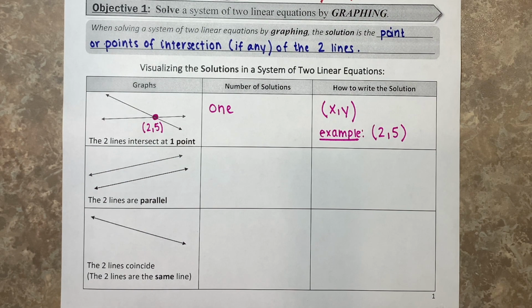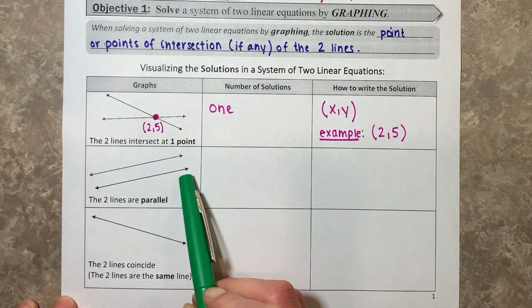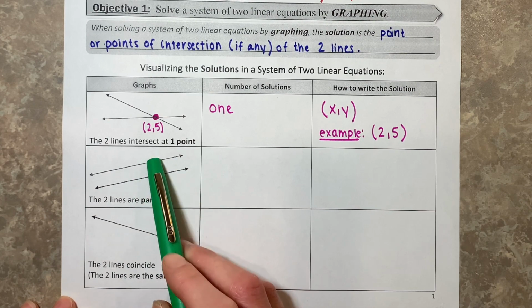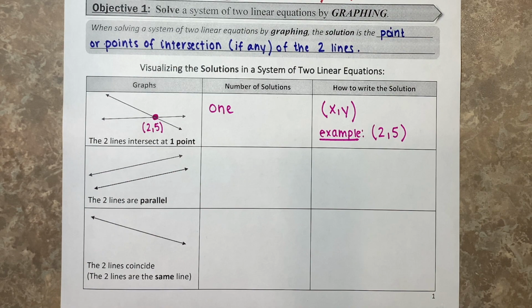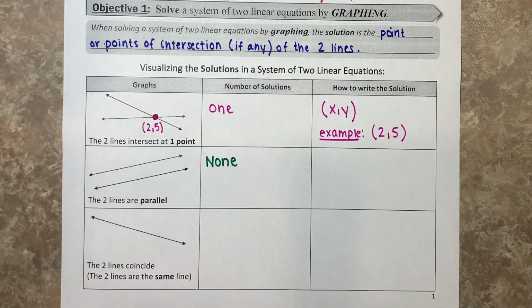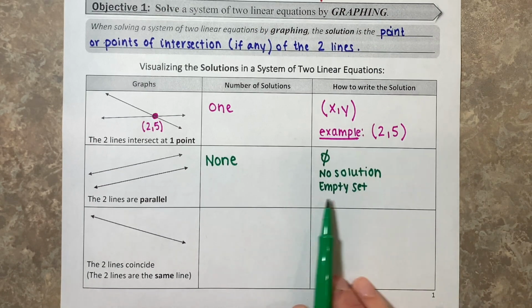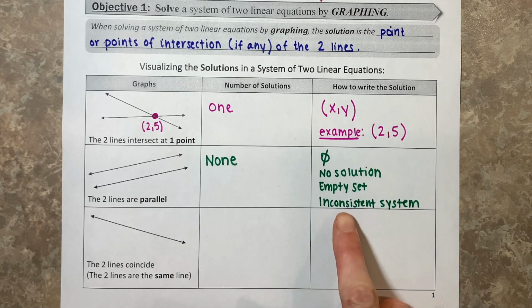Another possibility is that when you graph your two lines, they are parallel. Remember that parallel lines never intersect. Since the solution is the intersection point of your two lines, if your lines are parallel, that means that the number of solutions is none, since there are no intersection points. And the way that we would write our solution could be to use this no solution symbol, or we could write out the words no solution, or use the words empty set,